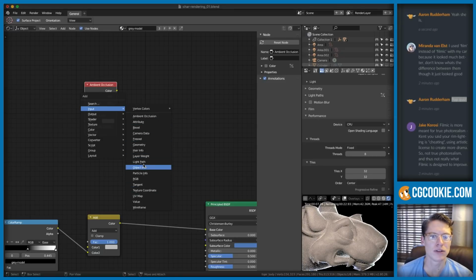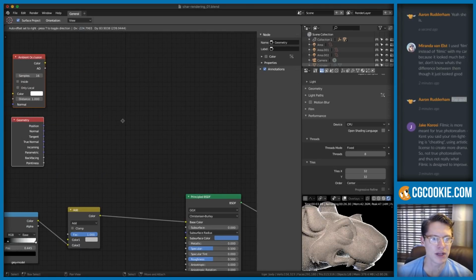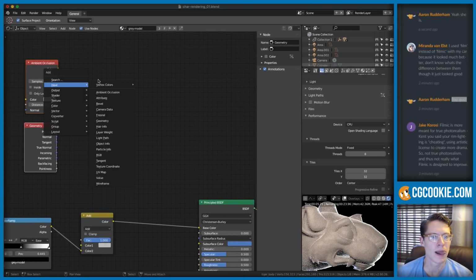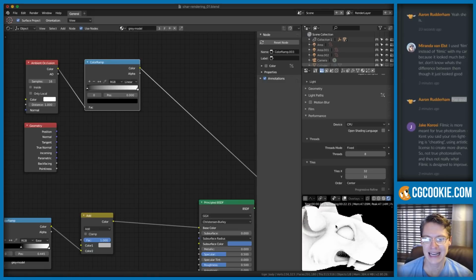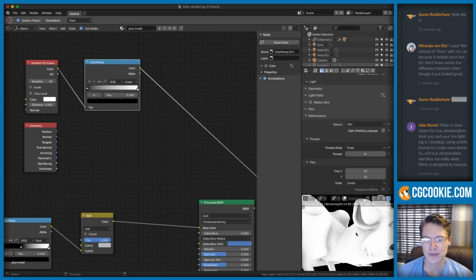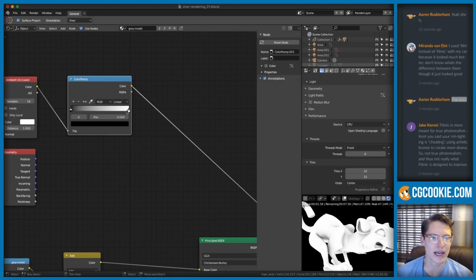Where is it? Oh, geometry, I think. Yeah, so we have both of these. Ambient occlusion is going to be perfect for converter. Color ramp is going to be perfect for isolating just the crevices. All right, so you can use the ambient occlusion as a white and black node. You can adjust it how you want, but this provides a white and black map with which to